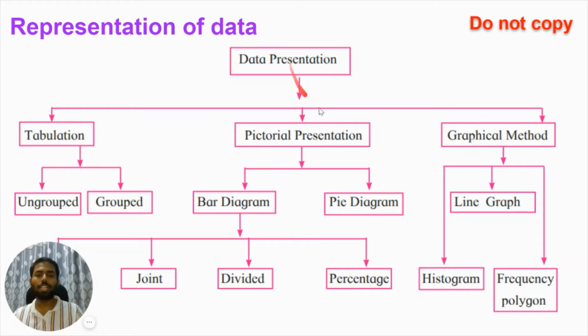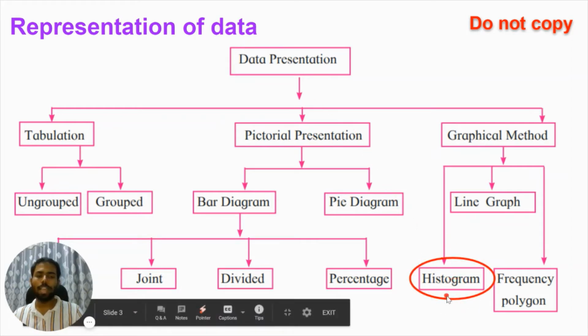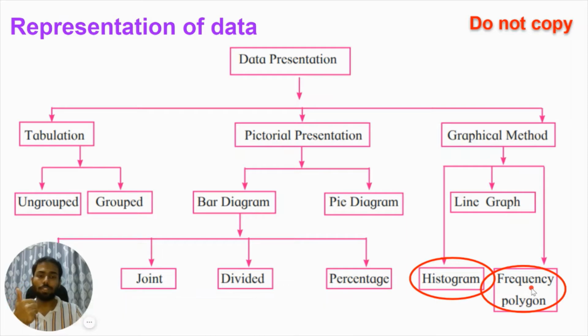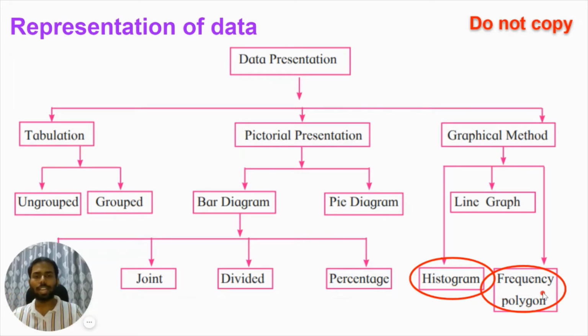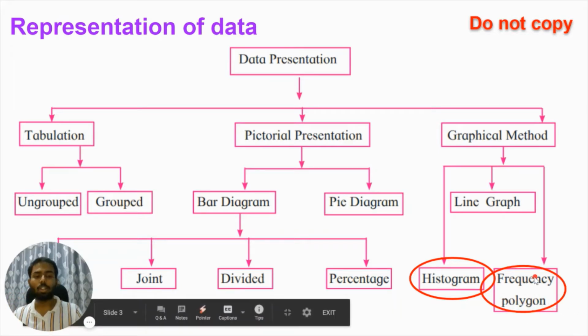So till now we had seen how to draw a histogram, and in the last learning session we also saw frequency polygon. You have seen two different ways of drawing a frequency polygon. The first way is you first draw a histogram, and using the histogram you then draw a frequency polygon. And in the second method we saw how you draw a frequency polygon without drawing a histogram. And in today's learning session we're going to learn how to draw a pie diagram.